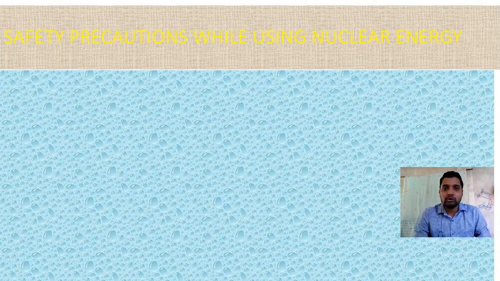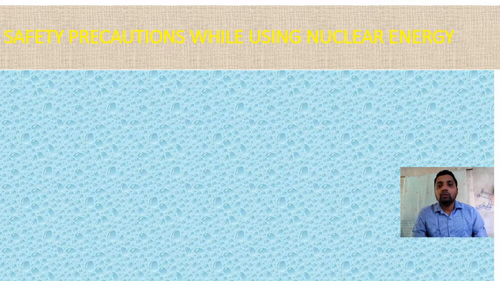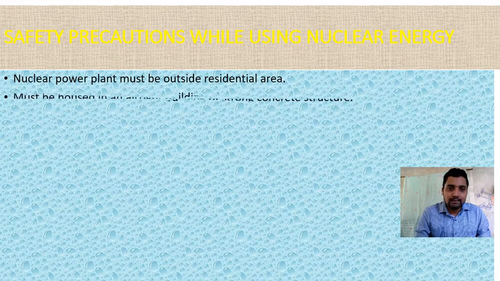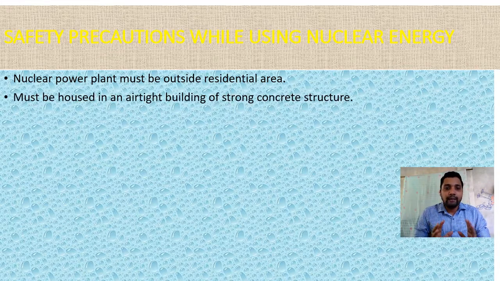So here we'll see the different safety precautions we take while using nuclear energy. When we use nuclear energy, the first consideration is the setup of the nuclear reactor center. Nuclear power plants must be outside of residential areas so that, even in an accident, the radiation will not come near living beings. And second, they must be housed in an airtight building with a strong concrete structure, because gamma radiation has very high penetrating power,